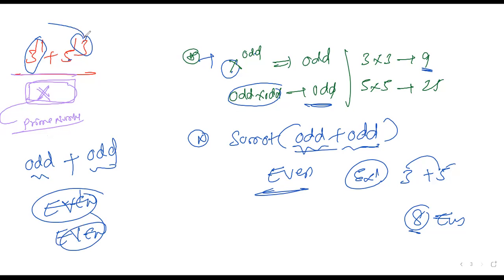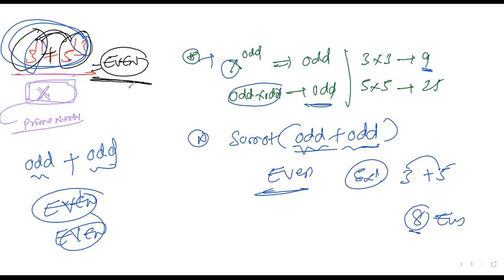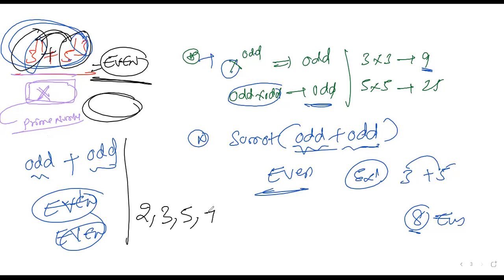So for the entire portion, you do the powers. First 3 power 11 gives an odd number, 5 power 13 gives an odd number, and when you add the odd numbers, you get an even number as the answer. So the even number you divide with the smallest prime number. What are the prime numbers? The prime numbers start with 2 and 3 and go to 5, 7, 11, and keep on going. So the smallest prime number is 2.